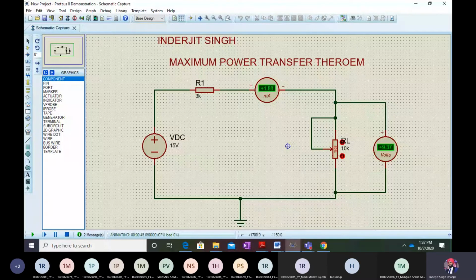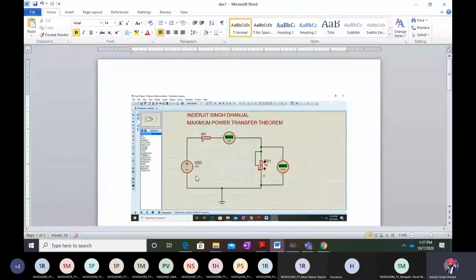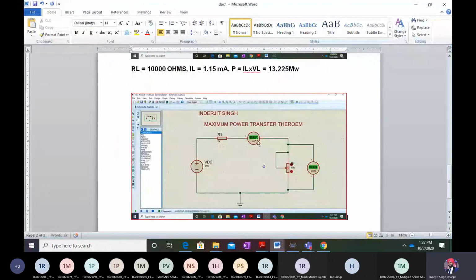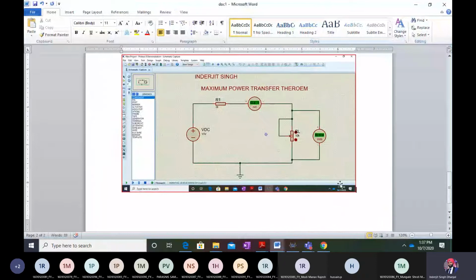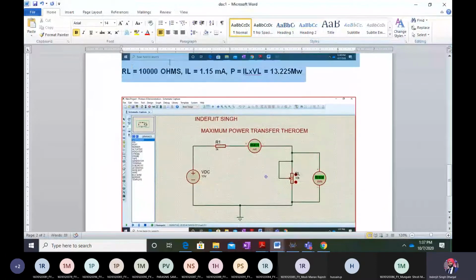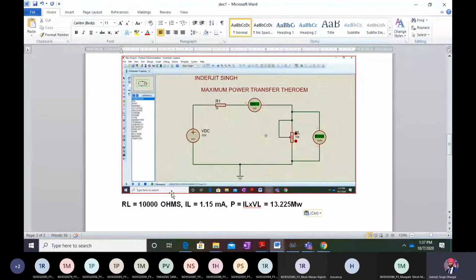I'll use the print screen button, and I'll go to my offline Word document. I have already taken some images, so I'll take a new one. Here I will attach the print screen. This is the way the print screen should look. It will record my date, my time, and my circuit, whatever I have done. Now this value you have to type actually. You need to also write for which value of RL and for which value of IL you have taken this.